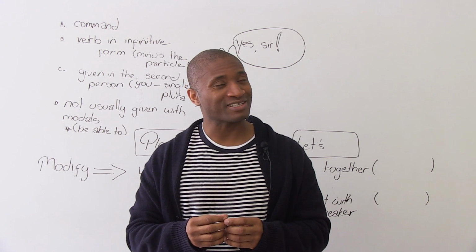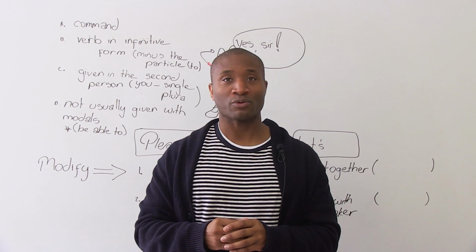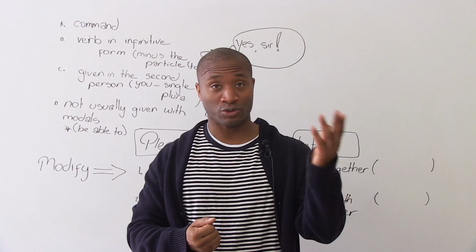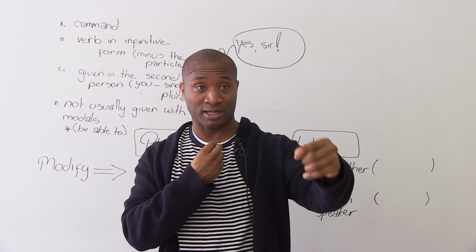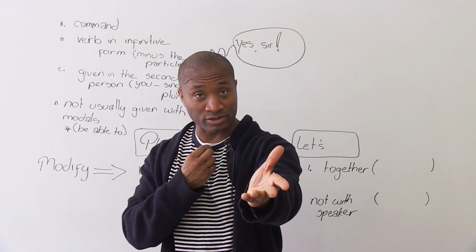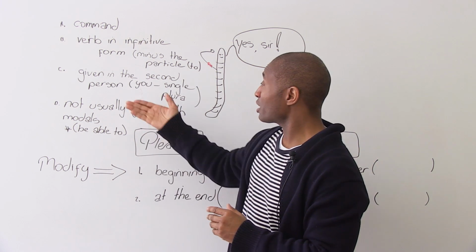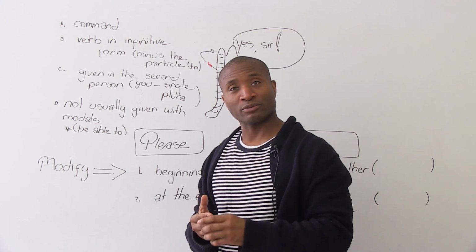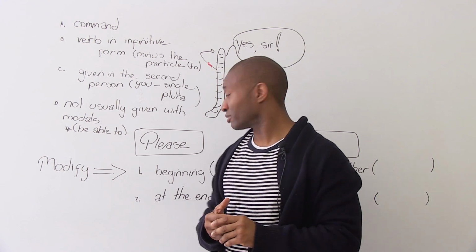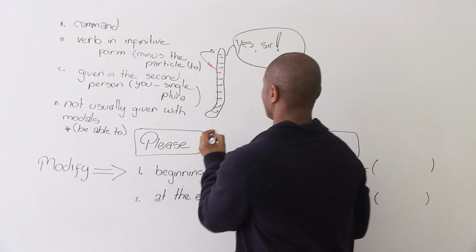The second person is a strange one. It's you. Well, sometimes you want to say someone like, you can do this, you can do that. That's the second person, because I'm speaking to someone directly, and that's you. You, the audience. You can be either singular or plural. When we talk about imperatives, we're talking about you. Sit down. You sit down. We just don't say it, right? So when somebody tells you to sit down,